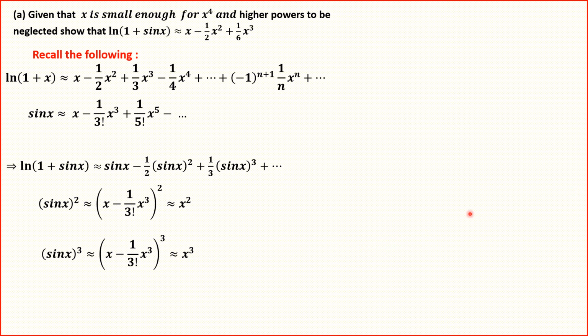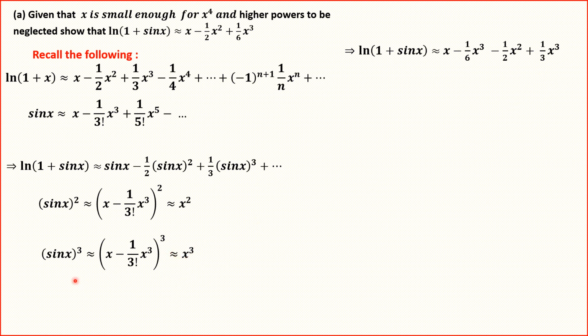Now, after having this in mind, we'll just go and replace in this expansion that we have there. That will give us what we have here. Sine x is, neglecting higher powers, x minus 1 on 3 factorial, which is 6, as you can see, x cubed. And I'll replace sine squared x by x squared. And sine cubed x by